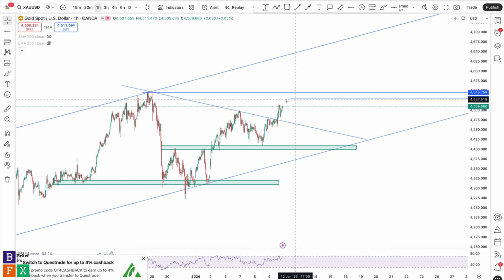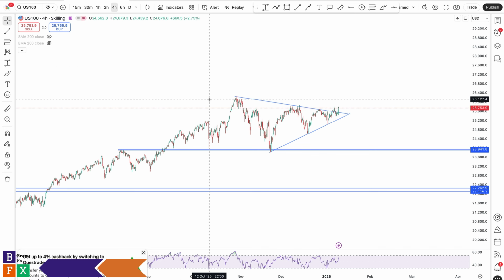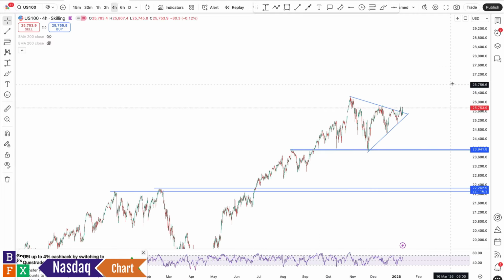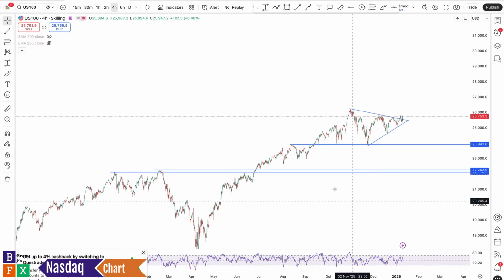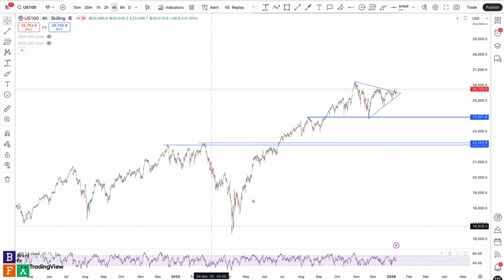Moving on, we're talking about US 100. So US 100 is Nasdaq, right? So Nasdaq, strong bullish trend. So 4 hours time frame as well. Strong bullish trend, price creating higher highs, higher lows. You can see the trend dates all the way back to